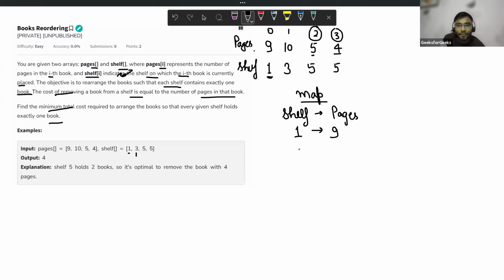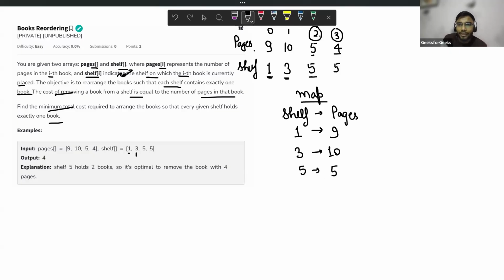No issue. After that, move to the next index and see if shelf number 3 is present in the map. It is not, so place shelf number 3 with the pages number 10. After that, let's see if shelf number 5 is present in my map. No. So place it, and the count of pages is 5.